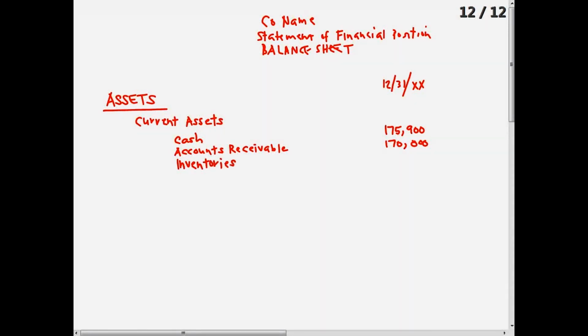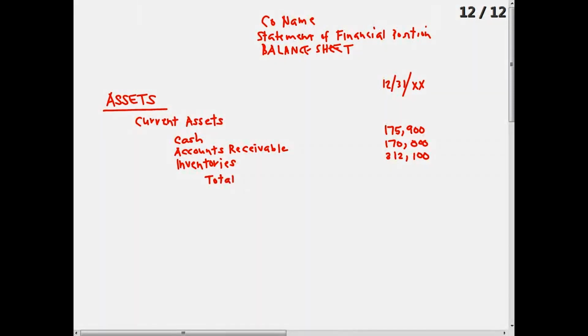Inventories. Why are my inventories less liquid than my receivables? People have to pay me cash both for the receivables and the inventory. So why is inventory farther away from cash than receivables? Okay, so first I have to sell the product, then I have to collect the cash. Whereas with the receivable, the product's already sold. Okay? What's the amount in my inventory? 312, 100. Any other current assets?